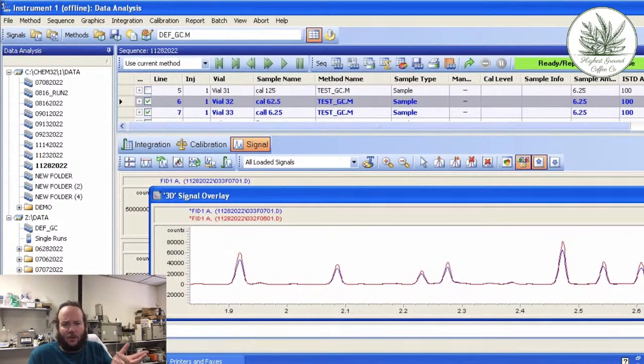Or I guess that'll be a 12.5, sorry. Anyway, so I'm going to pull out the ResTech standard that I used yesterday. I'm going to pull out 100 microliters, and then I'm going to take 100 microliters of solvent. That'll create our half dilution standard. And then